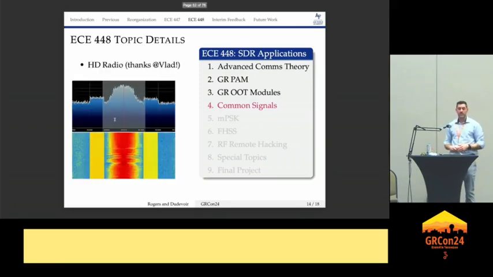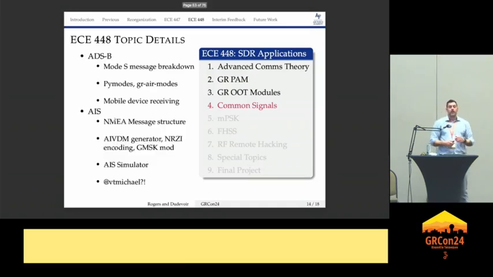And then we're going to take a look at things like HD radio. I think Vlad was in the room. He created a great challenge last year as part of the CTF that had wideband FM. So we take a look at that and what you can do with digital sidebands as opposed to the analog main band. We take a look at ADS-B and AIS,